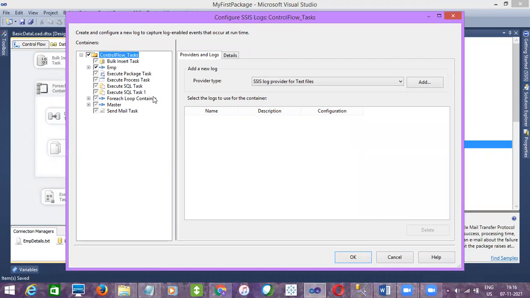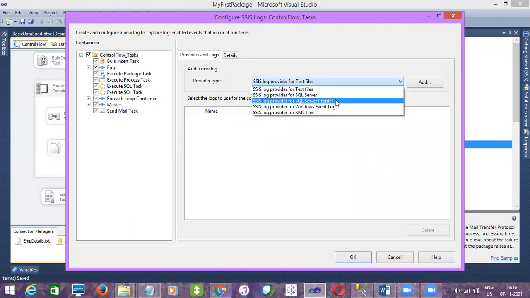Once you check the checkbox here, you can see provider types, right? If you drop it down, you can see the available logging types: SSIS log provider for text files, SSIS log provider for SQL Server, SSIS log provider for SQL Server Profiler, Windows Event Log, XML.